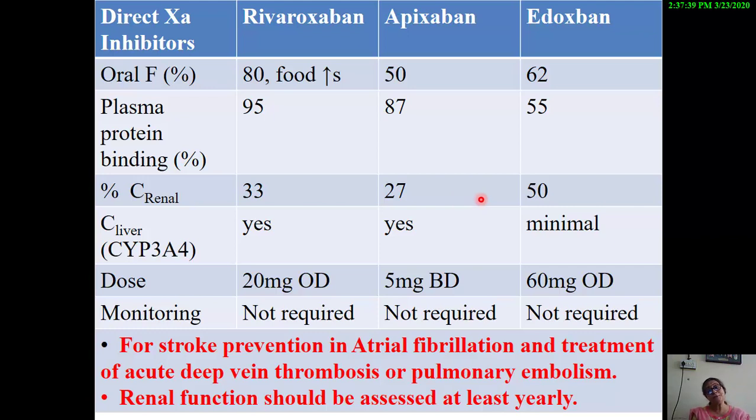Now, edoxaban is a compound where noting the clearance levels is important not only in case of those patients who have a low creatinine clearance, but is also important for patients having a high